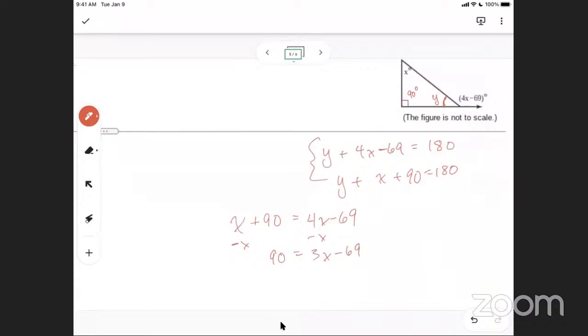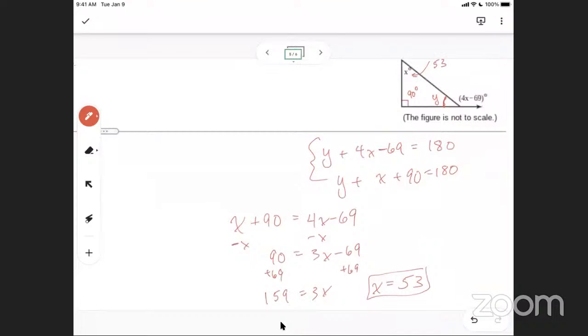So nope, don't subtract it, for the same reason. See, they're on opposite sides. So you're going to have to add 69 to both sides. 69 plus 90 is 159, which equals 3x. And then you divide by 3 and get 53. Yep, that sounds right. So if x is 53,